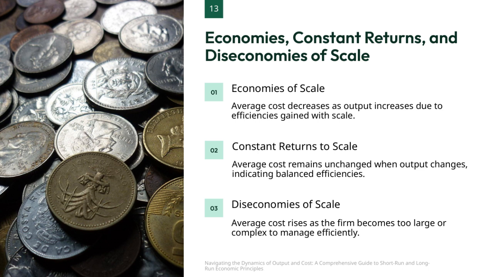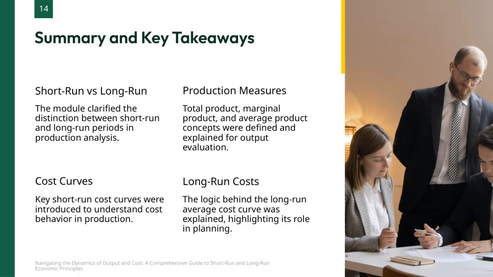To wrap up, we started by distinguishing between the short-run and long-run periods in production, which is crucial for understanding how firms adjust their inputs over different time horizons. Next, we explored key production measures: total product, marginal product, and average product, which help us evaluate output levels efficiently. Then, we looked at the main cost curves in the short run to grasp how costs vary with production changes. Finally,